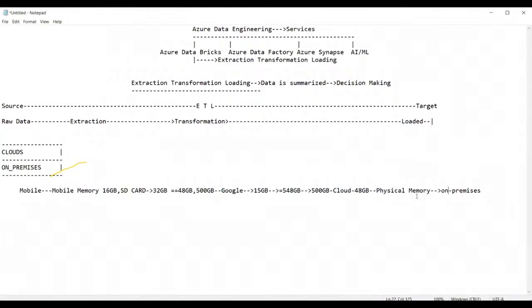On-premises memory, once you lose your mobile phone, you cannot recollect it. But the same can be recollected using the cloud. Am I right or not? So this is the drawback you have with on-premises data. Now, guys, just for 548 GB, which is required for us, what we have done is took the support of the cloud rather than the support of the mobile phone.